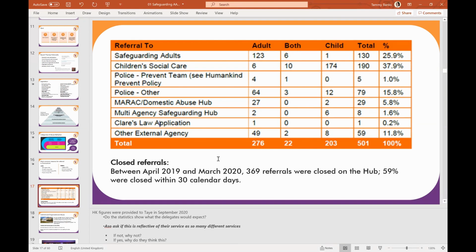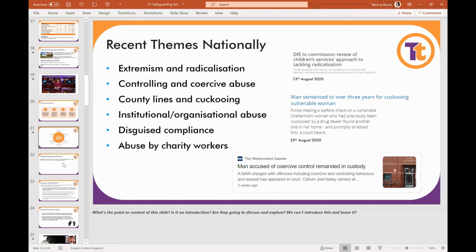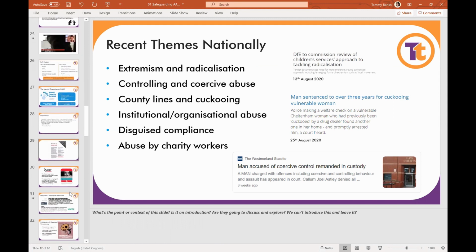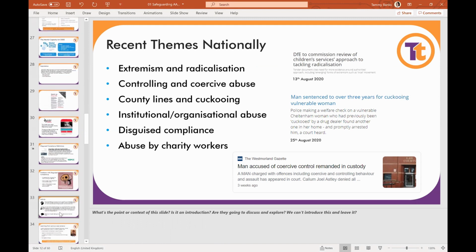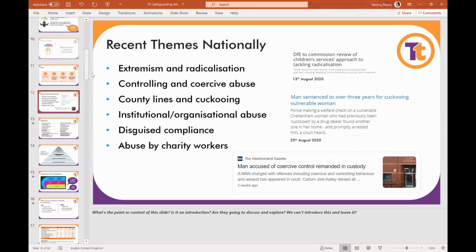Obviously working from home. So all of this bit that I've just gone through, I think is really important, but what doesn't make sense is why you're going recent themes, legislation, categories of abuse, Humankind specifics, and then here you literally go legislation, recent themes. Do you see what I mean? Yeah. So I wonder about actually deciding what order you think it needs to go in.